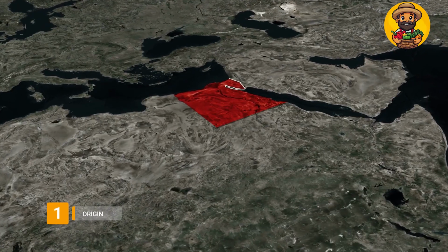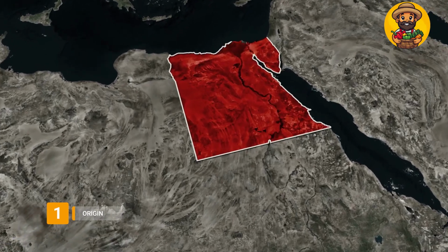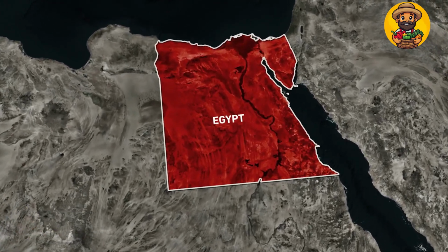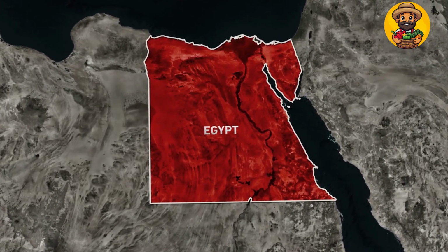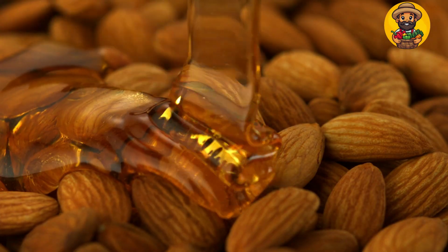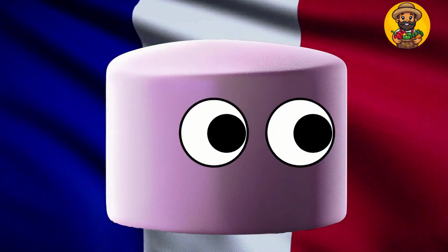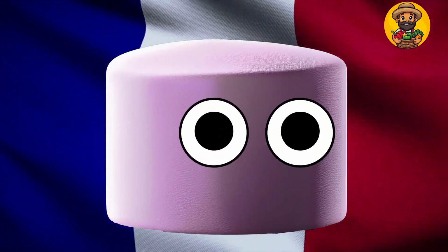Let's go back in time for a moment so we can understand the historical context and origins. Were you aware that the origins of marshmallows can be found in ancient Egypt? In fact, honey and almonds were originally added to marshmallows prepared from plant sap. The French later perfected the recipe and made the sugary delicacies that we know and love today, which is quite